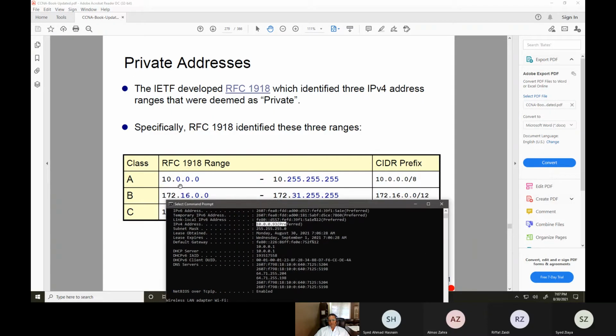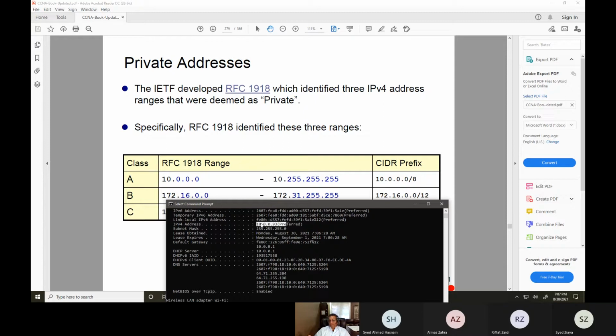This falls in this range, am I right? 10.0.0.93. So this is my private IP address, but I'm not allowed to go on the internet with this IP address, because on the ISPs, what they have specifically configured is: if any person comes in with a private IP address, do not let them go on the internet. So all these IP addresses get converted to a public IP address, and we all have a public IP address.